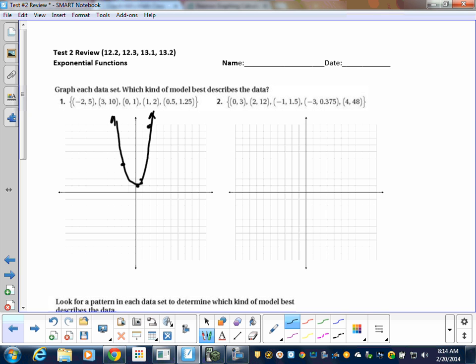So if you subtract, I'd have to get these things in order. Guys, look, they're not in order. I need to get them in order, and you should be able to see what would be close to a common difference. Okay, here, 0, 3, 2, 12, -1, 1.5, -1, 1.5, -3,